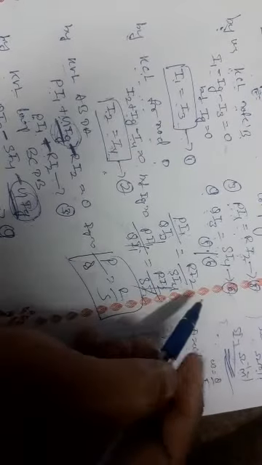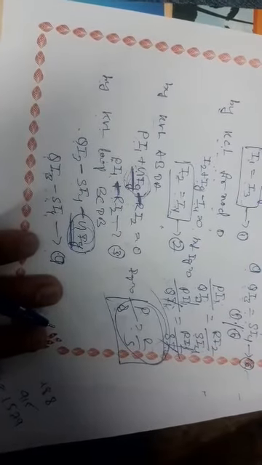Divide equation 5 by 6. The LHS part is Pi1 divided by Qi3, and the RHS is Ri2 divided by Si4. The I3 value is I1 and the I4 value is I2, so I1 gets cancelled and I2 gets cancelled. Finally, P by Q is equal to R by S. That is the relation between P, Q, R, S, the arrangement of four resistors.